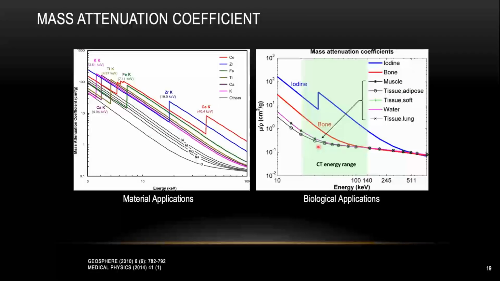Here I'm showing you two graphs with different mass attenuation coefficients for two categories of sample, biological and non-biological. For the non-biological sample, we just mean some pure elements such as tin, iron, calcium, silicon, and you can see they have different mass attenuation coefficients. For the biological sample, we're mostly dealing with soft tissue, hard tissue like bones, and also water. A lot of the time, the biological sample needs to be immersed inside water.